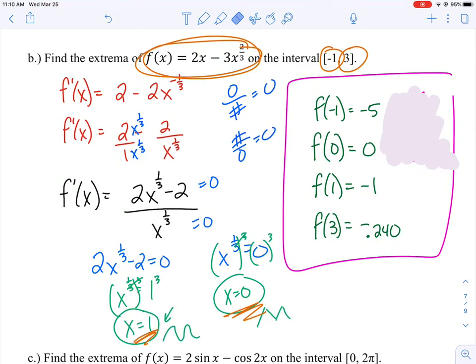Okay. So now that I have these four values, I can compare which one is my absolute maximum and which one is my absolute minimum. Looking at those values, it looks like I have an absolute maximum at the point 0, 0, and an absolute minimum at the point -1, -5. Double check, plug that function into your calculator and see if you have a sharp turn at x equals 0. See if you have a smooth curve at x equals 1, and see if those absolute